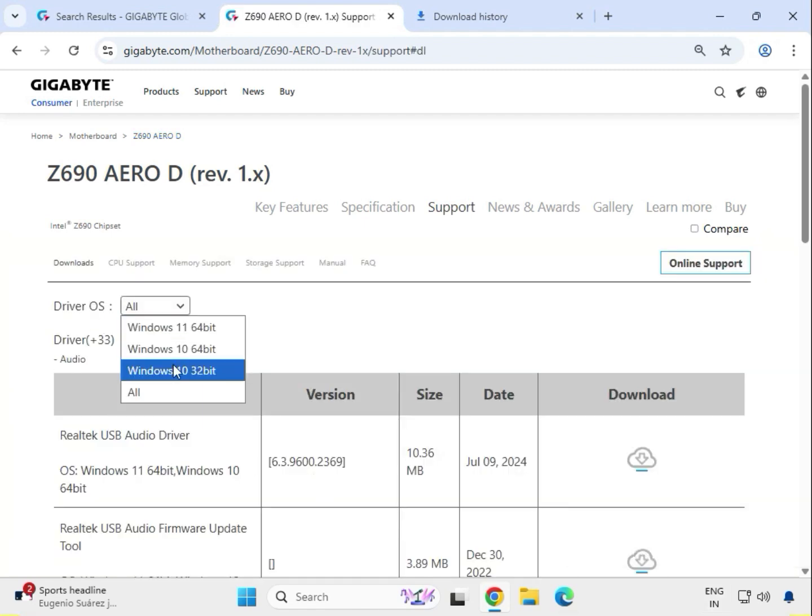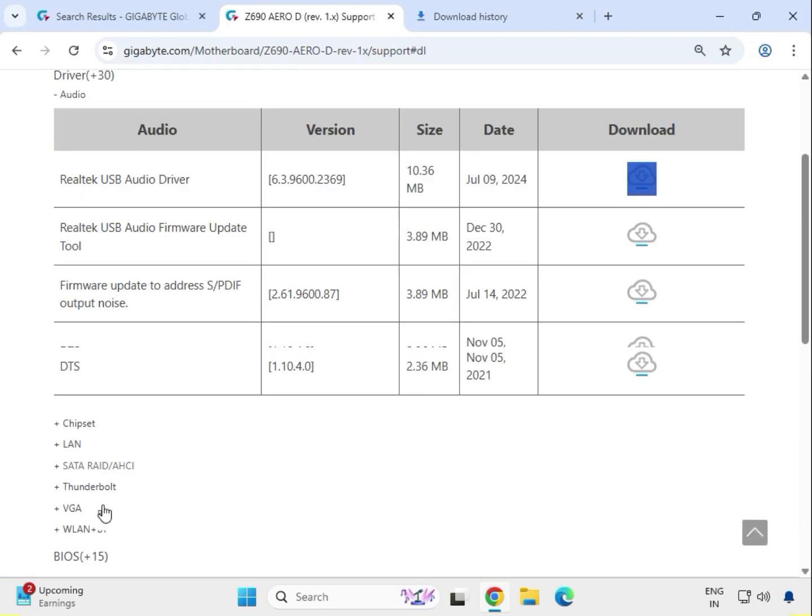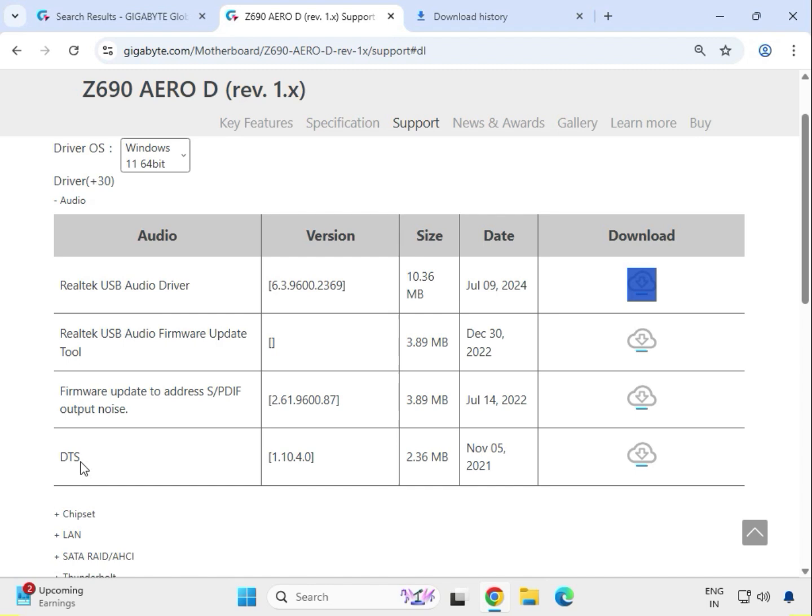So select your operating system, Windows 10 and 11. Both operating systems' installation process is the same. So audio driver, you can see this is the first; download one by one. After that I'll show you how to install. If you are using a USB device like that, you require this driver. Otherwise, you have to download this one, the DTS and Realtek audio driver. So click to download,